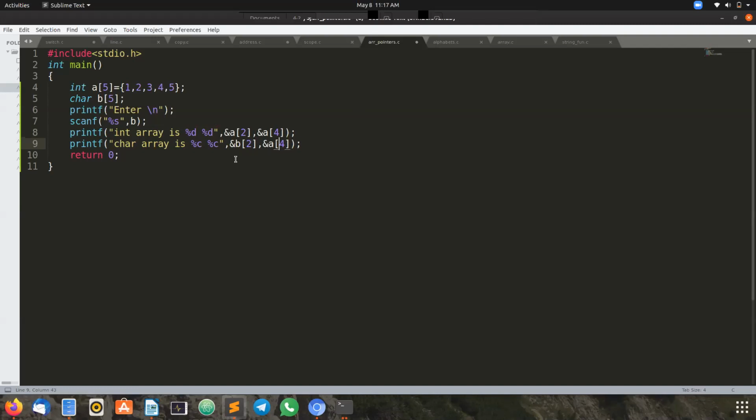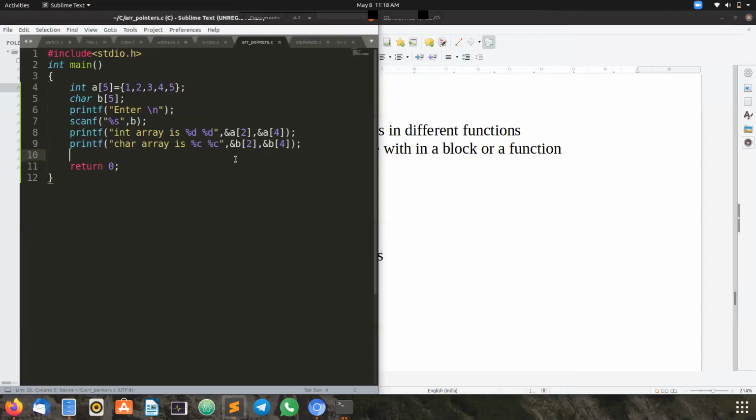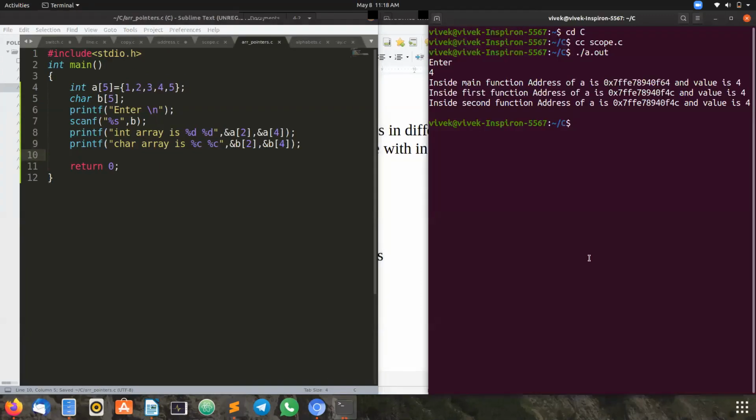And the array identifier is B. So this is the way of printing normally. Now how do pointers play their role in arrays? I'll show you that also. First let us check this output.